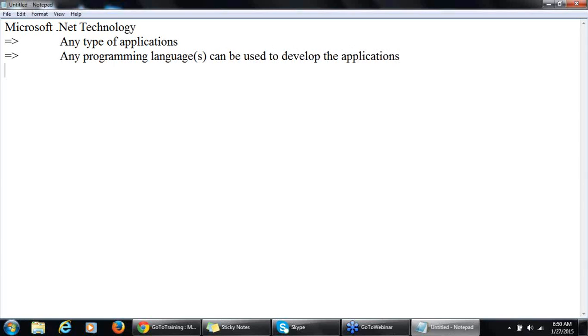So what I'm trying to emphasize over here is that there are multiple programming languages such as C++, C Sharp, Visual Basic, and other programming languages. Now, using these programming languages, I can develop any type of application. I can develop a console application, a Windows application, a website, a mobile-based application. Any type of application can be developed using the different programming languages, provided you're working on